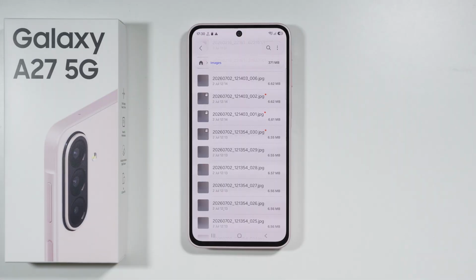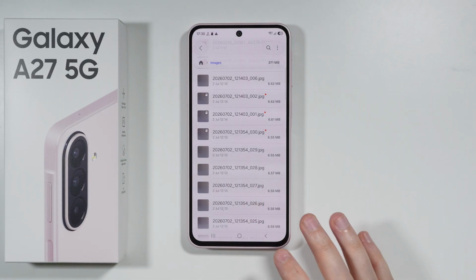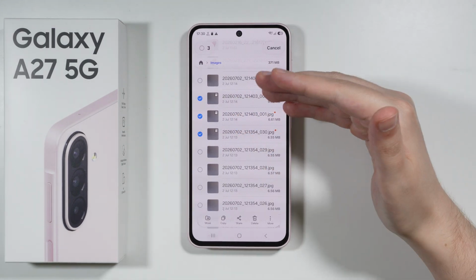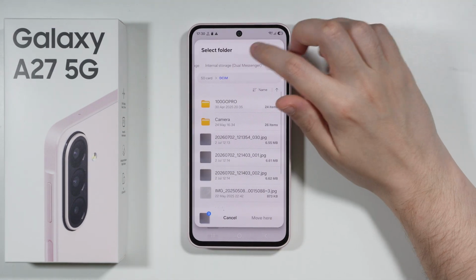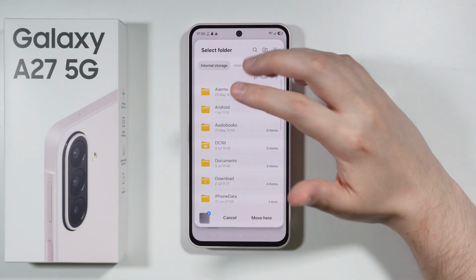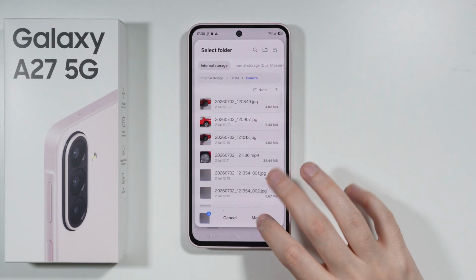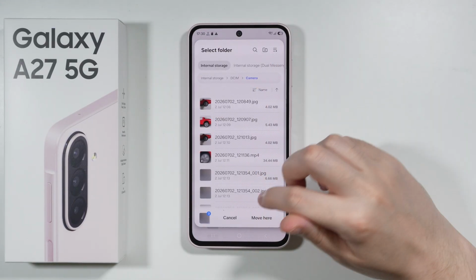Now, if you want to transfer something from the memory card to your phone storage, then once again you can use these categories and you can just select every file that you want to transfer that is in the memory card, and you can use Move. And then instead we need to go to the internal storage now, of course, and then the rest is the same. You just choose where you want to save these files, and then you can, of course, confirm that you